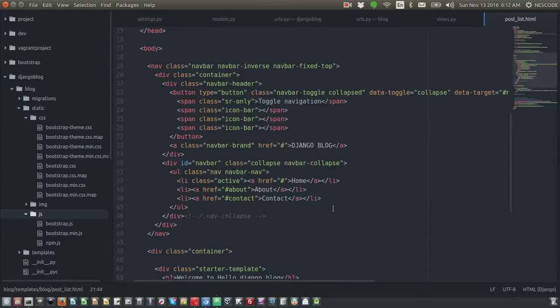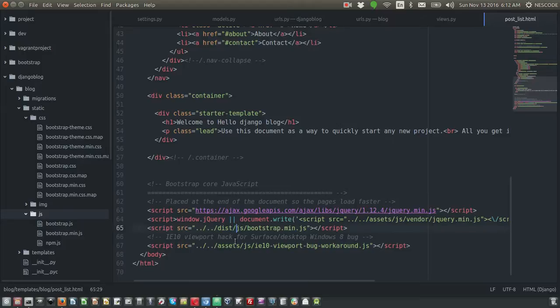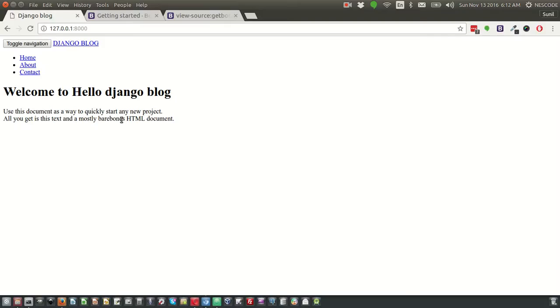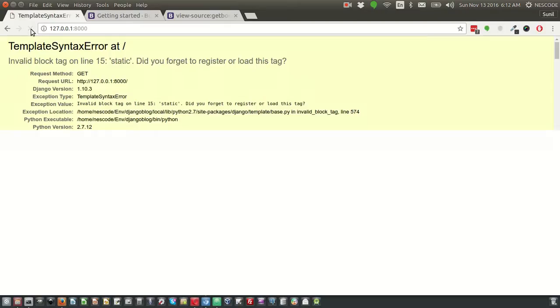And similarly for the JavaScript also, let's add static, and cut this out and paste it inside this single quote, right? And this one also, perhaps this is not required. So now if you browse and refresh this page,